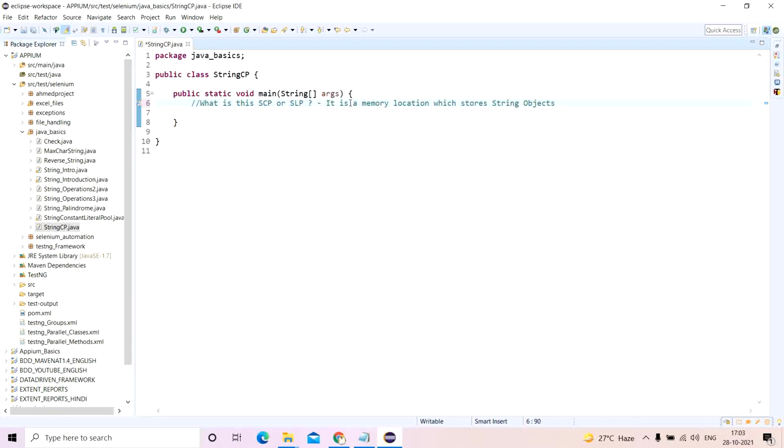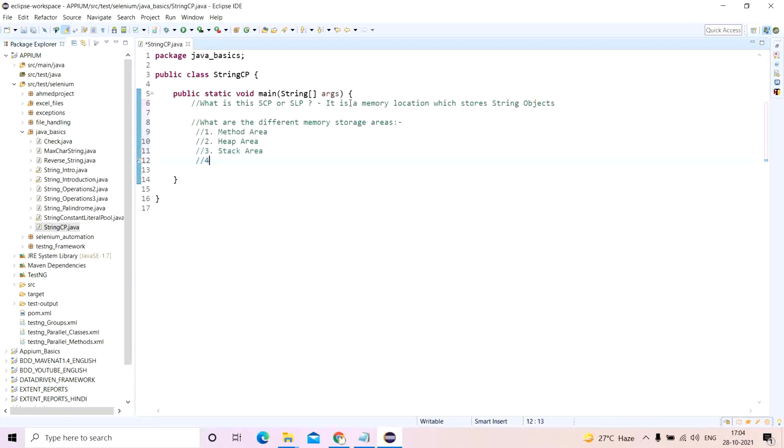Now somebody will ask, in Java there are so many memory locations, so is the string constant pool another memory location? First, let's discuss the different memory storage areas in Java. The ones we know are the method area, which everyone must know, the most widely used heap area, and the stack area.